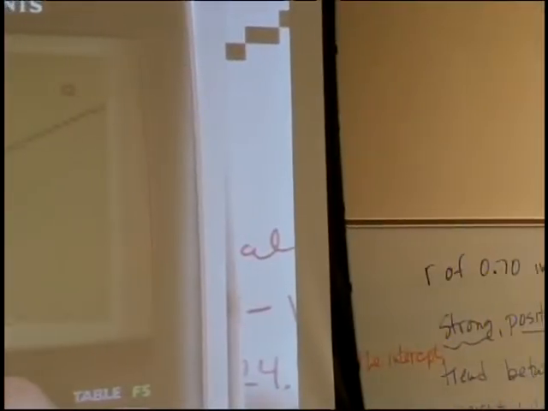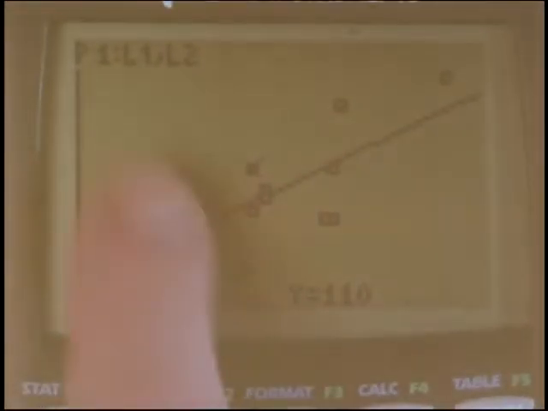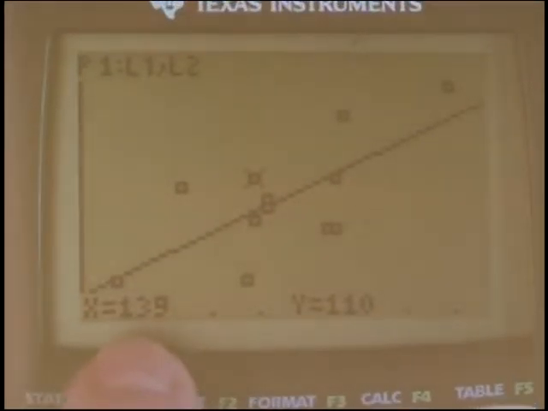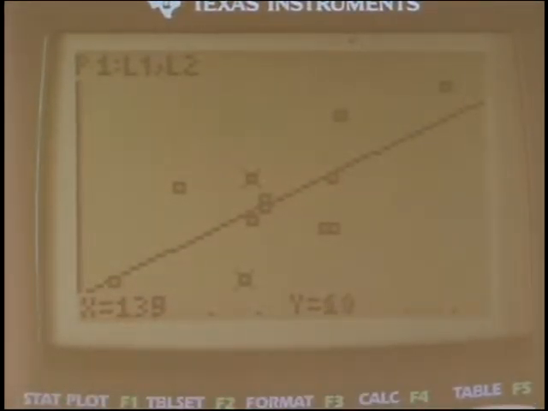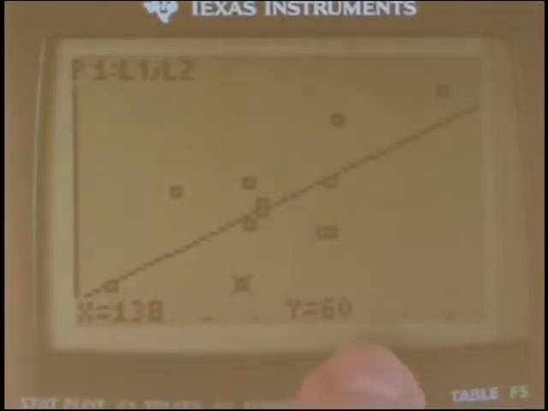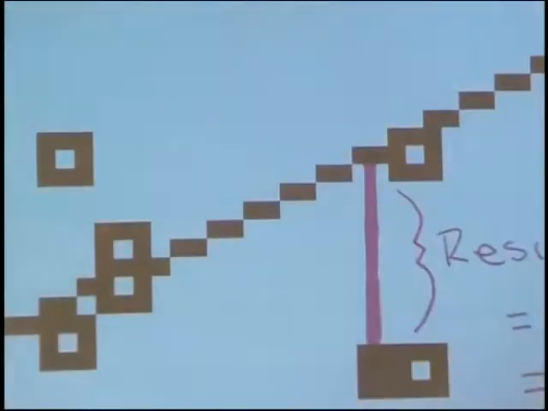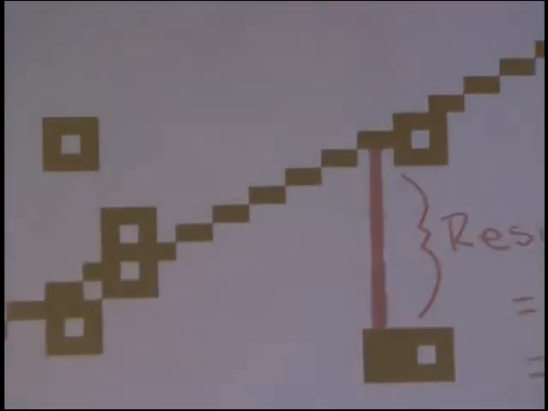Okay, now if you hit trace, you're on the scatter plot. If you hit your back and forth arrows, it'll tell you what each data value is at that point. You with me? So you can go through and outline all of the data values in your output. You guys with me? So now if I go down to this particular value,